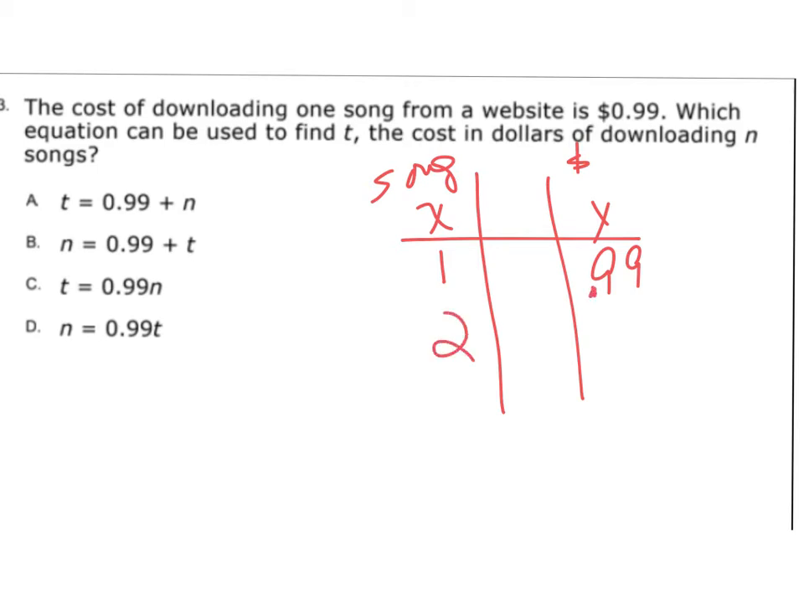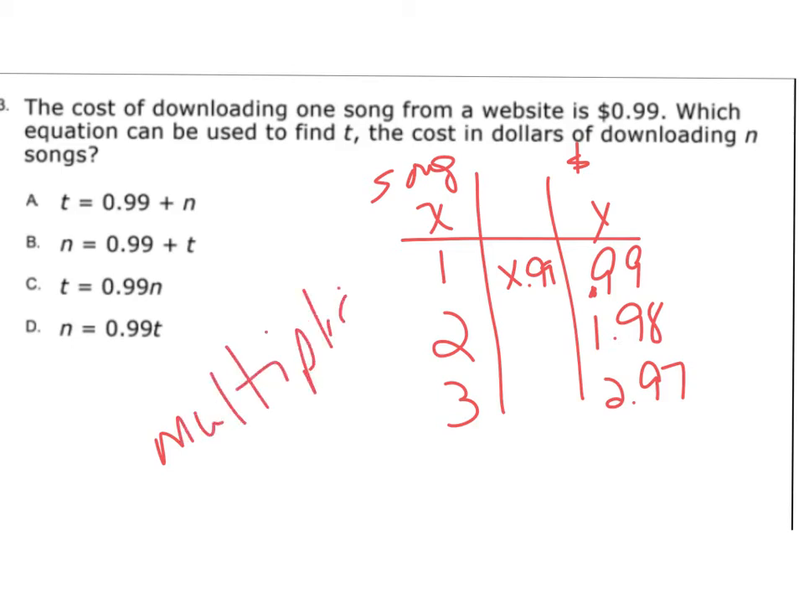For 2 songs, it's going to be $1.98. For 3 songs, it's going to be $2.97. So in this case, I am multiplying by 99 cents. So it's a multiplicative relationship because it's already telling you how much it is per song. Usually cost would be multiplicative. So in this case, all I have to do is figure out